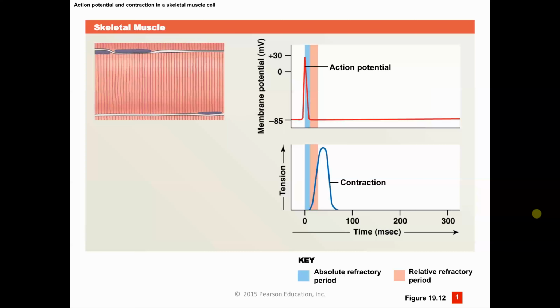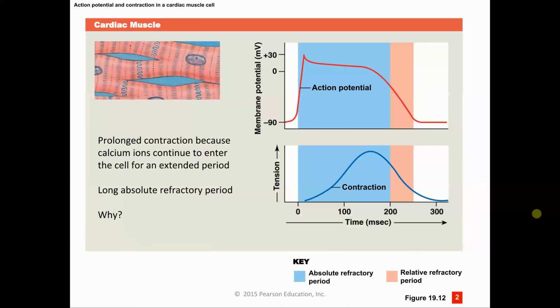Okay, so skeletal muscle, when we put it into the context of cardiac muscle, actually has a very sharp contraction and a short absolute refractory period. So skeletal muscles contract really fast and then relax really fast and have a relatively short refractory period. So you can contract and then contract again really quickly. Opposed to cardiac muscle cells,